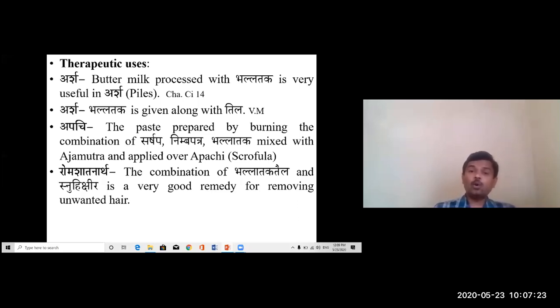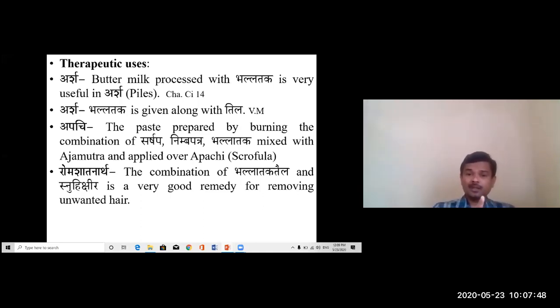For all diseases, Mandagni is one of the causative factors, and Takra stimulates the Agni. Because of Agni Mandya only, Arsha is formed. Ballataka also has Deepaniya Karma, and Takra also has Deepana Karma, so by this it is useful in case of Arsha.